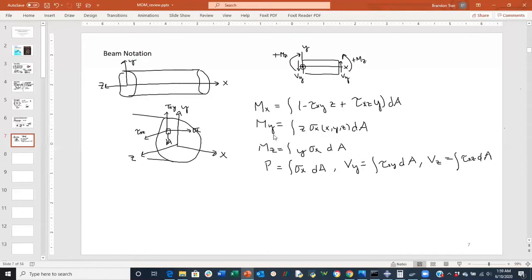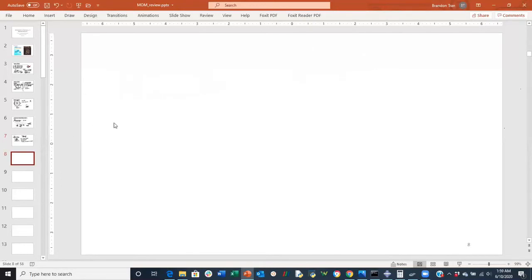Okay, so we're just going to go ahead and establish this as our equivalence of finding internal moments due to stresses. I mean, the internal loads due to the stresses acting on the beam. So now that we've established this in beam notation, we're going to go ahead and establish the differential equations of equilibrium for a beam. So essentially, what are the governing equations that dictate how a beam behaves? So